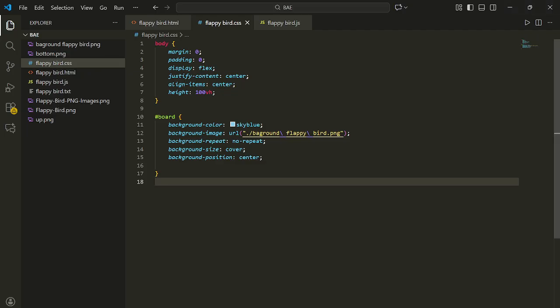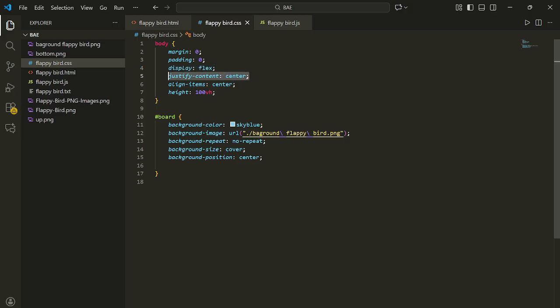Now we can talk about the CSS explanation. The CSS controls layout and the background appearance. 1. Body styling. You can see the body styling has margin, padding, display, justify-content, align-items, and height. Margin 0 and padding 0 remove default browser spacing, and display flex enables a flexible layout.